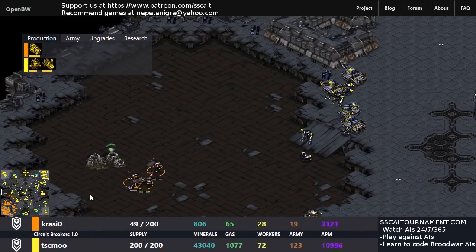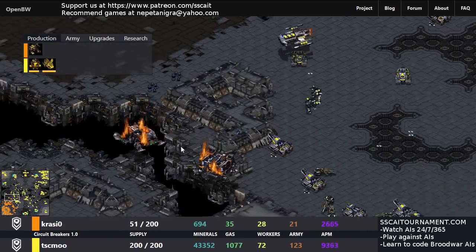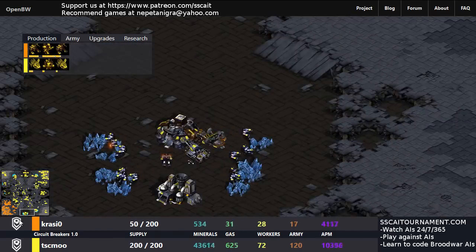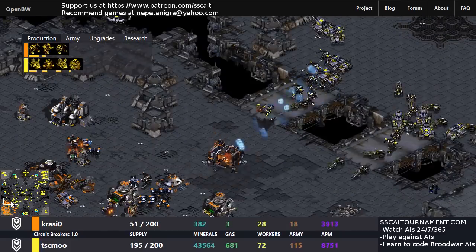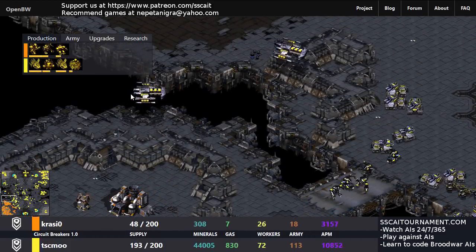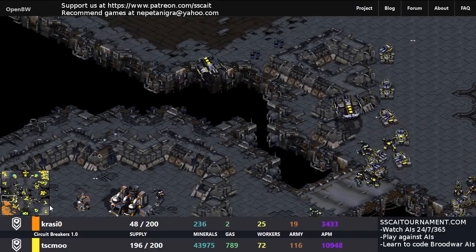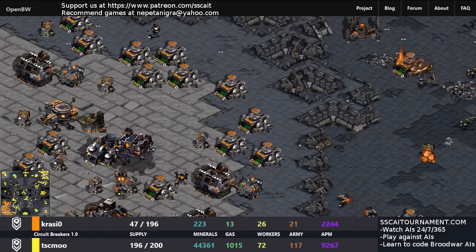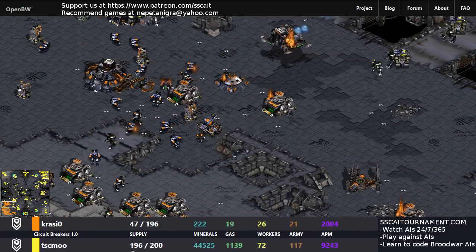of Crazio's units over here, 2 Goliaths and 1 Vulture, and TSCMU thinks, well, yes, forget about it, I've got the map and I've got all the money in the world, I'm just going to roll it. Crazio, with a last-ditch effort, nearly broke out, but in the end could not support the push. And TSCMU taking the very last base for the gas, and has got 44k in the bank, a nearly maxed